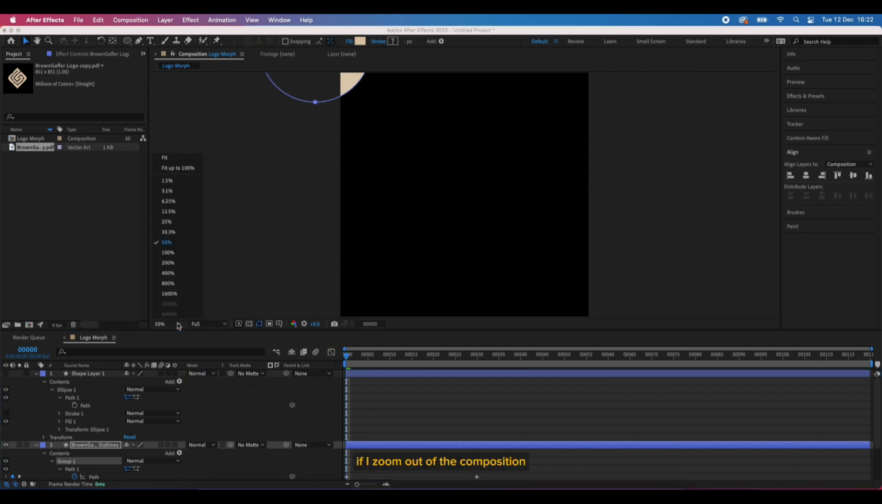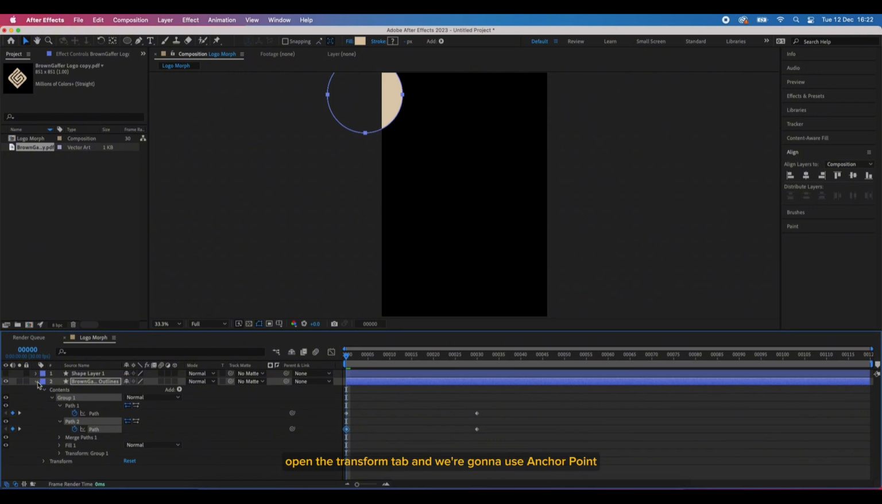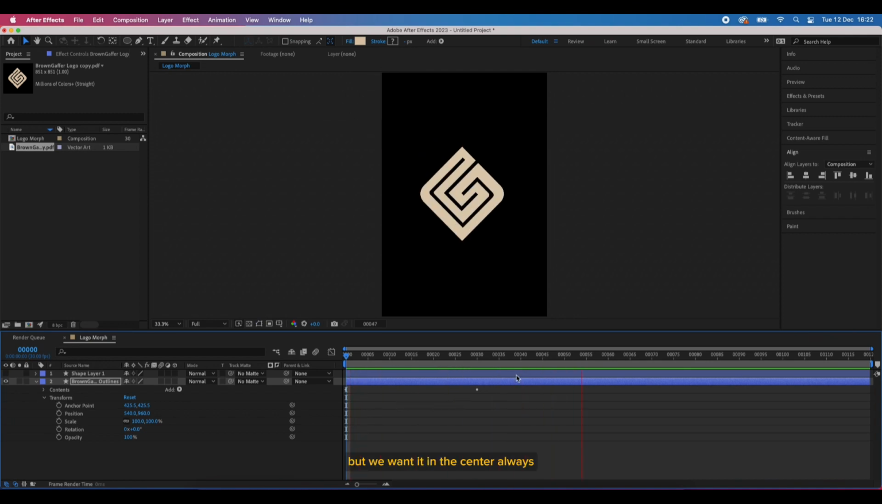If I zoom out of the composition, you can see that it's randomly moved from the center. So we're going to fix that now. Then in the logo shape layer, open the transform tab and we're going to use anchor point, because if we press play, you can see it moves from the corner into the center, but we want it in the center always. So to fix this, we're going to move the timeline to 30 frames and add a keyframe to the